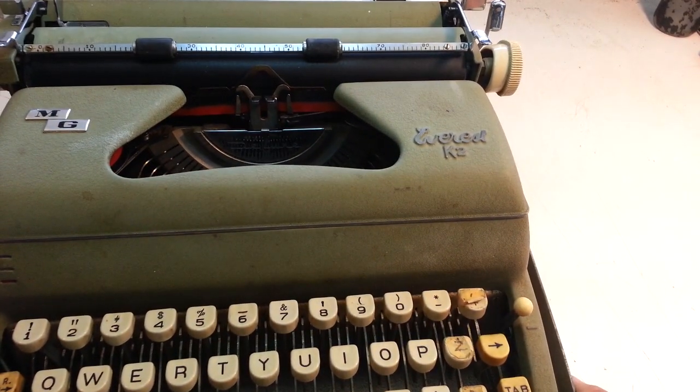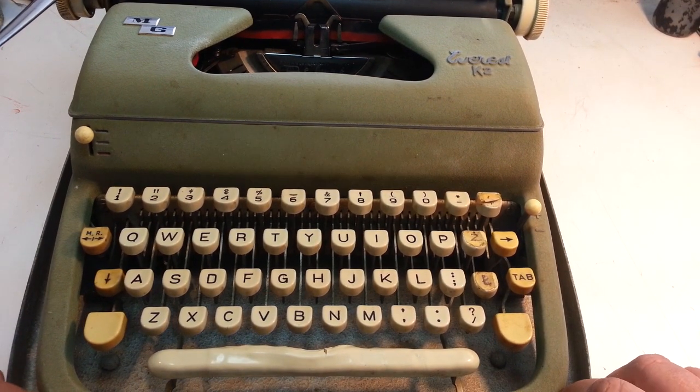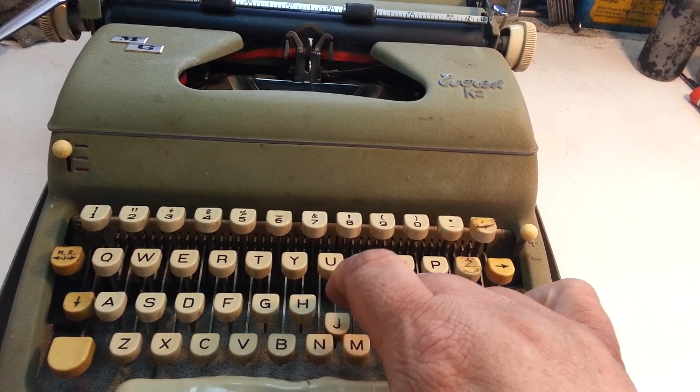Got an Everest K2, and I got this with a package deal, about 10 typewriters, and this one came with it. About 5 of those typewriters were left outdoors, including this one, for 20 years, maybe longer, I don't know. So this one actually works. Actually, well,